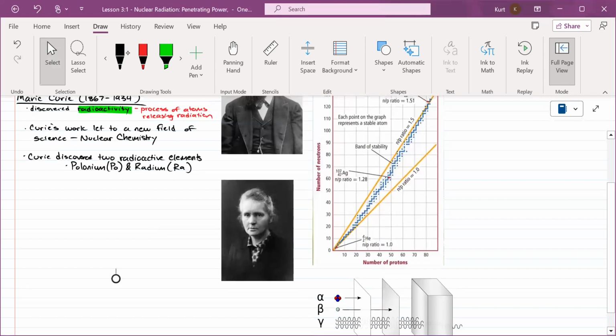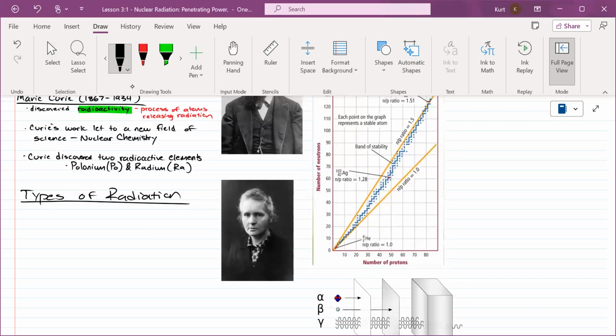All right, next topic is something that we actually did, I think, on Tuesday. So it should hopefully still be fresh in your mind. Types of radiation. I don't expect to spend a whole lot of time on this one because you just got this the day before yesterday. How many types of radiation are there? There's 3 types of radioactive particles. What is the biggest and the bulkiest kind? Alpha particles. The symbol for alpha is either the symbol for helium or the actual Greek letter alpha.